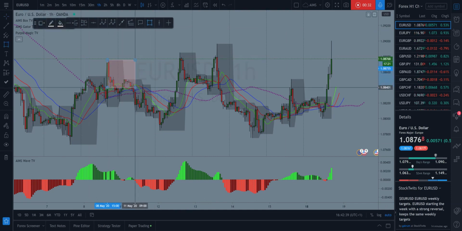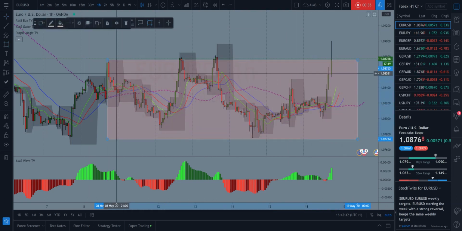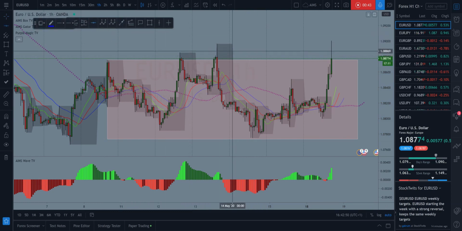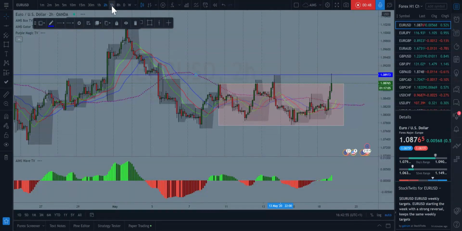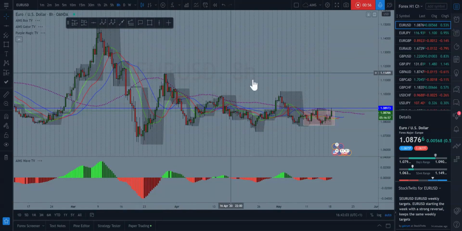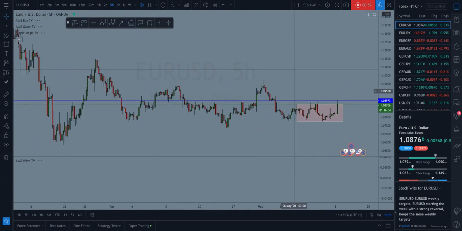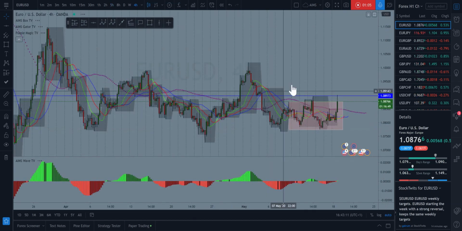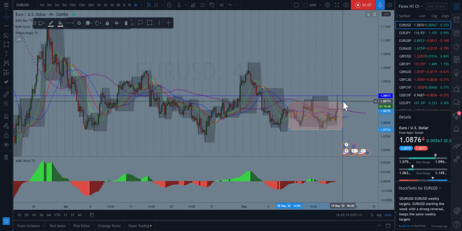Because of this kind of boxed market, as you can see. So let's go to the 2-hour chart or the 5-hour chart or the 4-hour chart. If you look at it, it's all going sideways, right? Go to the 8-hour chart or the 5-hour chart. I don't know why it's not printing it. We can go to the 4-hour chart. Let's see if it does that. Yeah. So we can see it's a sideways market, and the market obviously has broken from this level and gone